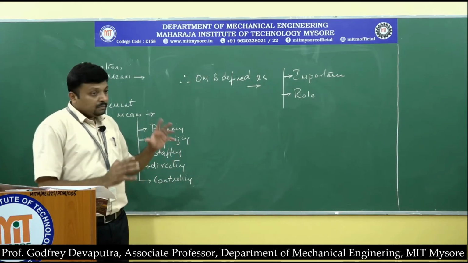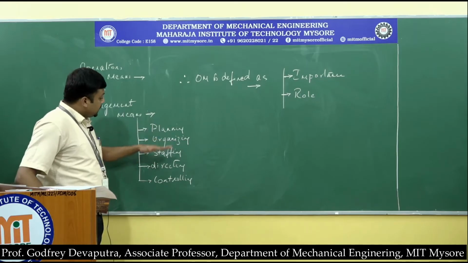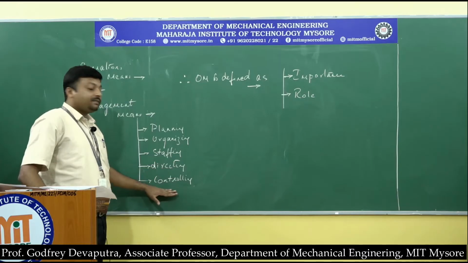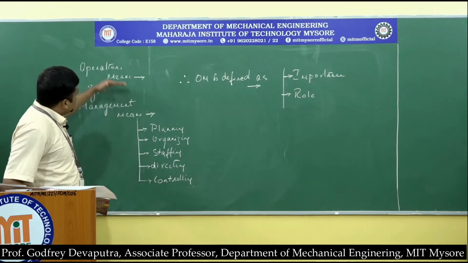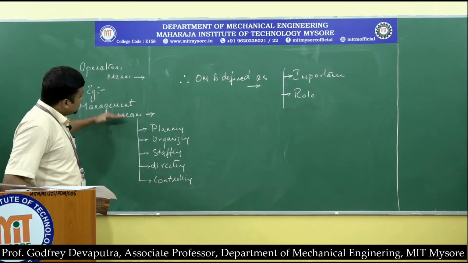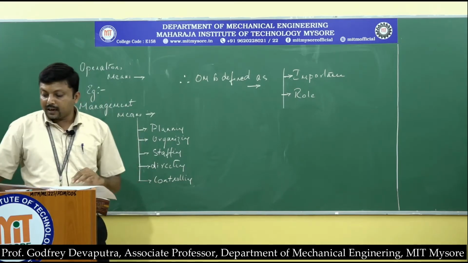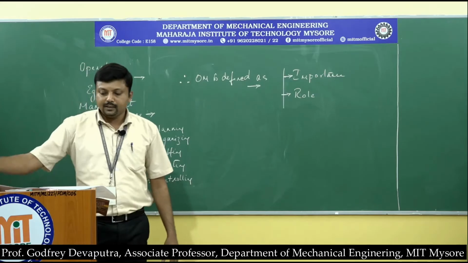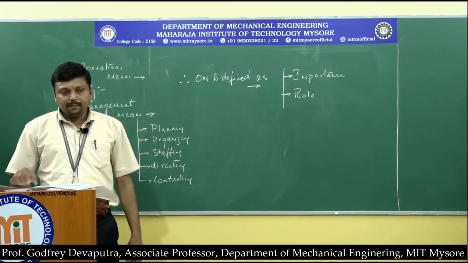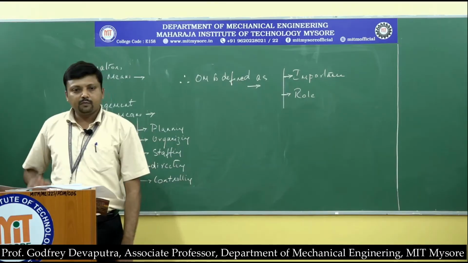So therefore, management as a single word comprises planning, organizing, staffing, directing and controlling, and I have tried to elaborate on all of these things very briefly. Now, putting these two words together, one is called operations and the other is called management. Putting them together, we can define operations management as a process of effectively planning and regulating the activities of that part of an organization which is responsible for actual transformation into finished goods.